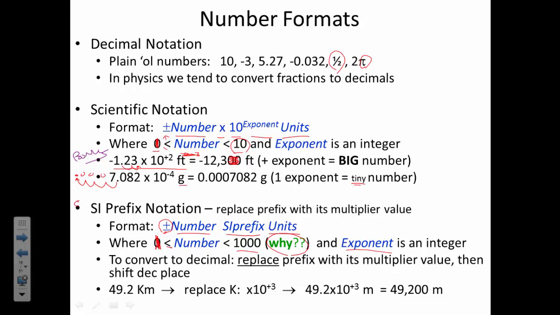The exponent. There is no exponent. What am I talking about? Sorry, this is a couple